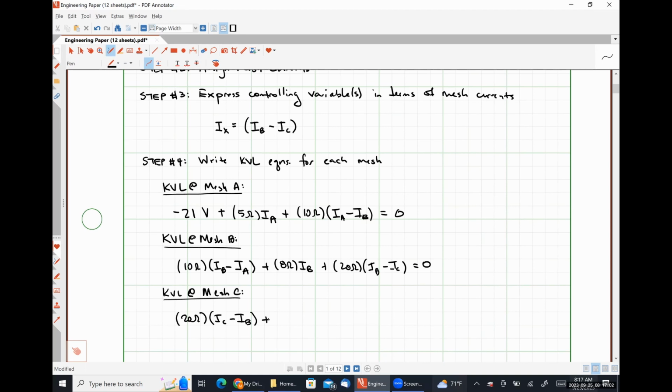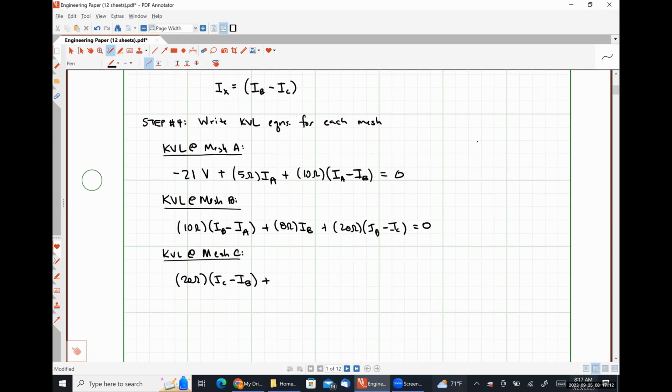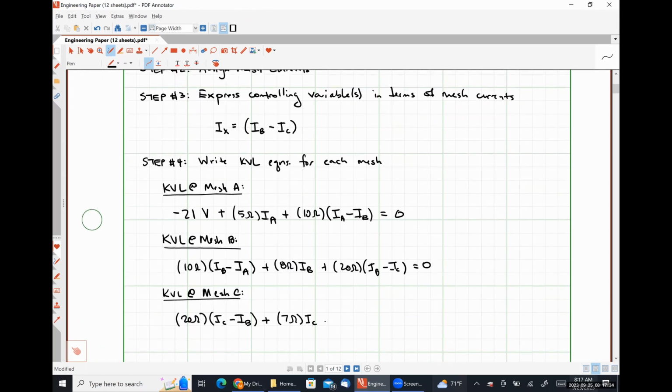Alia, what should my next term be? Seven ohms times IC. And what should my last term be? Danielle. So is it plus or minus? Minus, because we see the negative polarity terminal of the voltage source first. Absolutely. So minus 3Ix